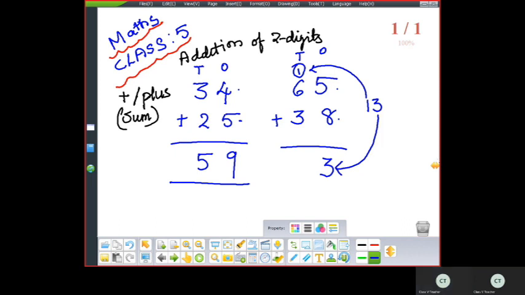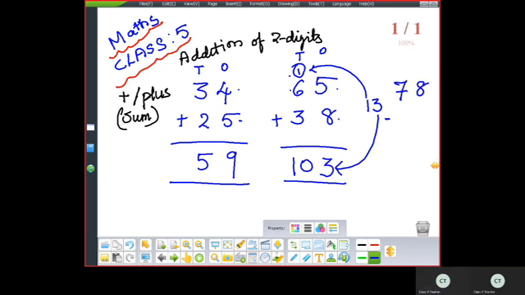So now what is there here? 6 plus 1. So in the 10 side you have 6 plus 1, 7. 7 plus 3, 10. So how much did you get? So now you don't have any digit beside. Only 2 digits are there. So write the whole 10 number in the place provided in the 10 side only. Okay. So it is 103. So let me take one more number.